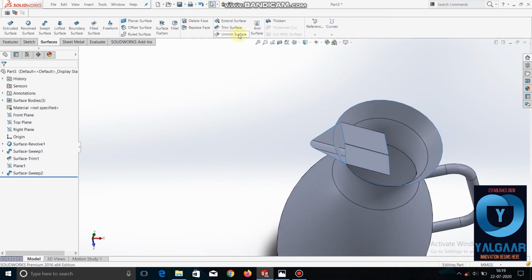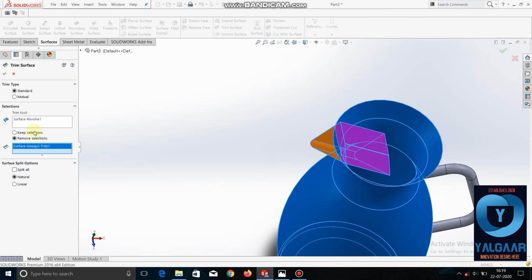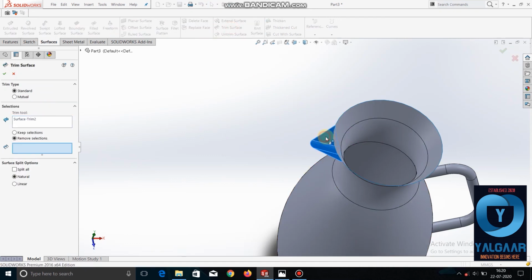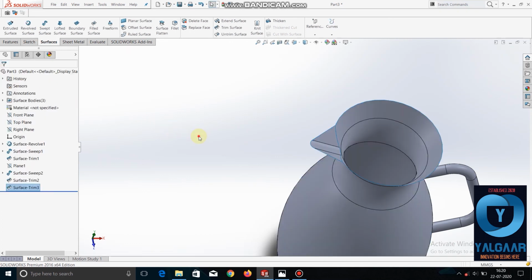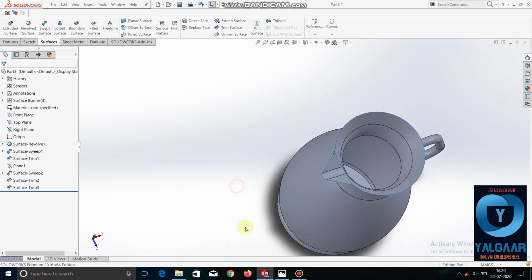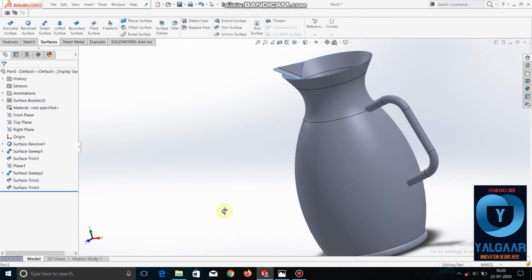So now again it remains here. So now see, the jug is ready. Jug is fully ready. So now we have to just give it the thickness, desired thickness. We will give the thickness 2 mm.